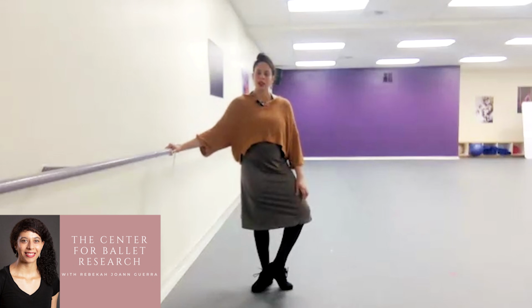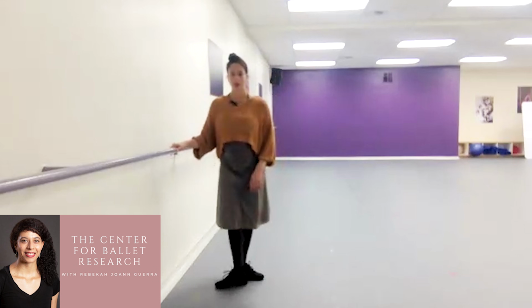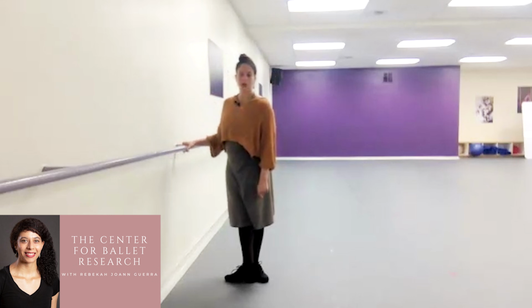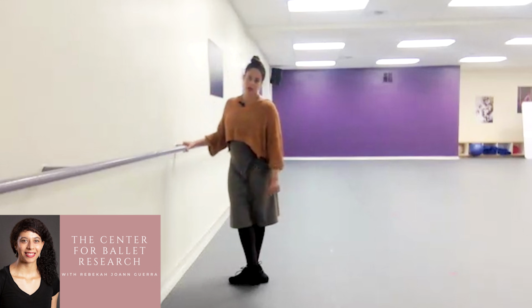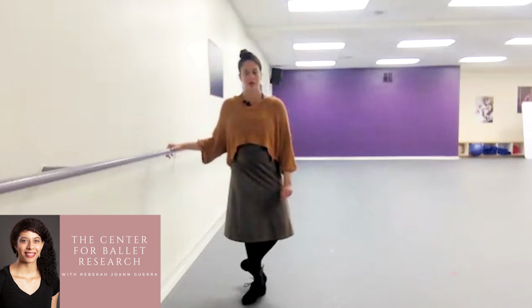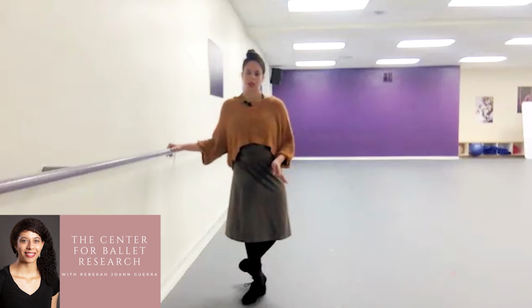Okay. Now, if this is feeling inaccessible to you, you can go into what we call third position, which is where that heel is just a little bit past your opposite heel, right? If we're closing in and you feel like you can't quite access that full position, don't force it. No need to hurt the joints to maintain a shape. But I will help you to understand how you can get to fifth position